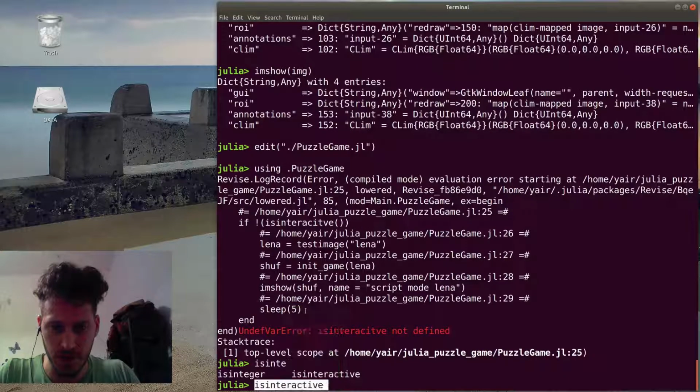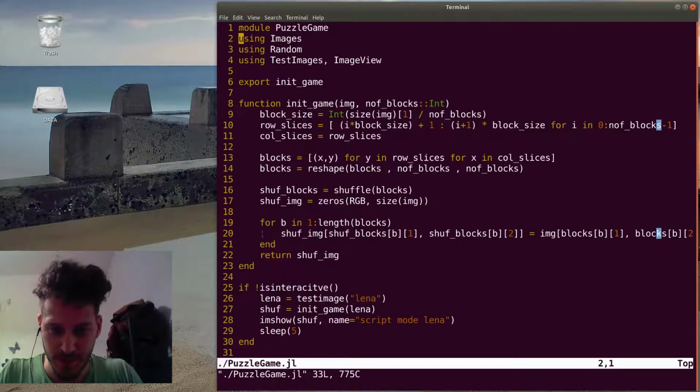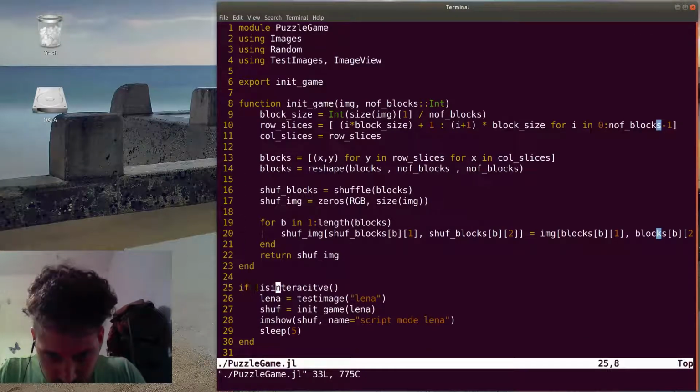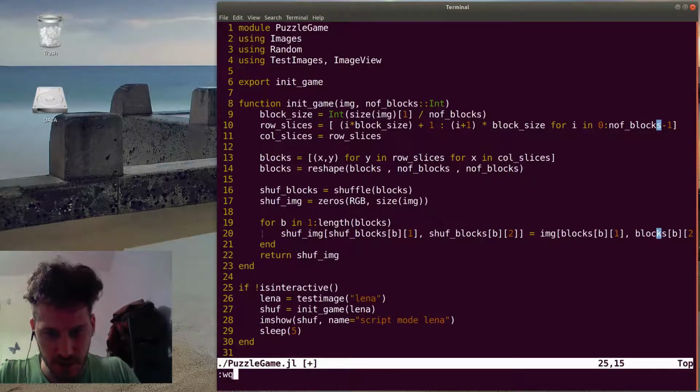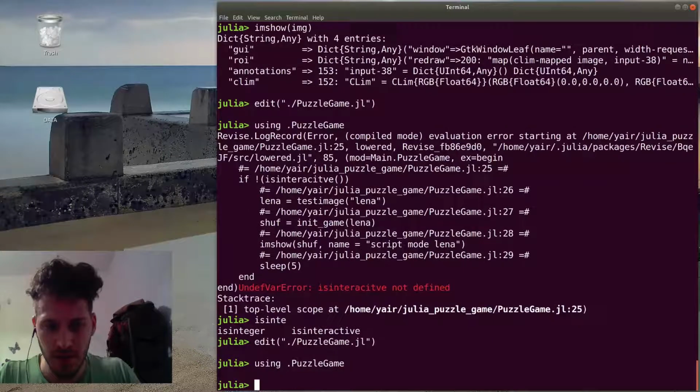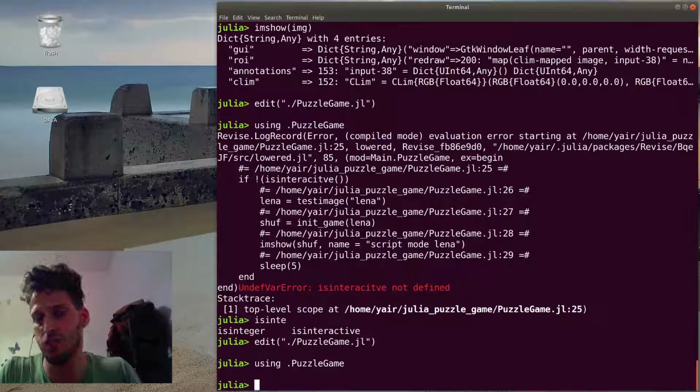Let's just do it like this. Is interactive. Okay, so now it ran, and we see that when you use the module, it is interactive and it's not